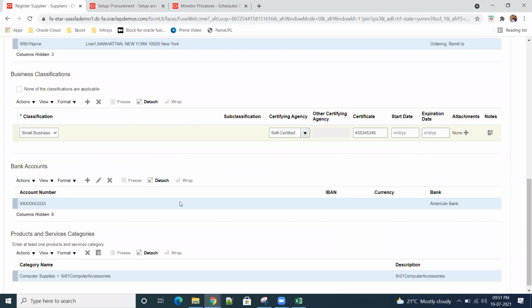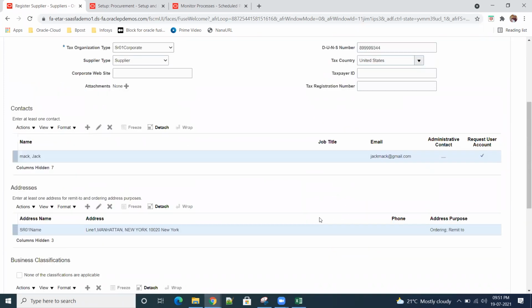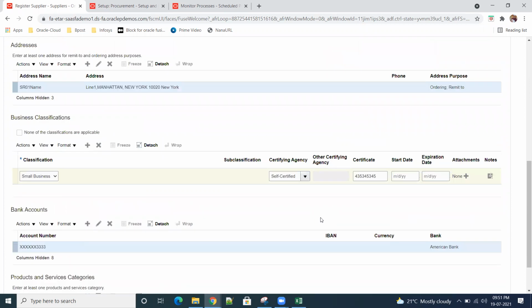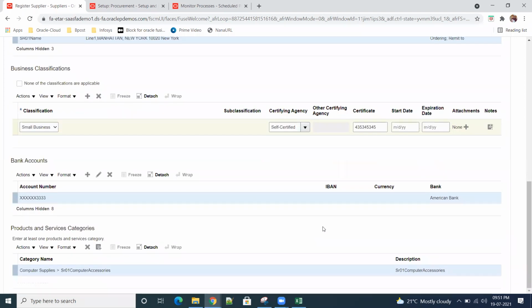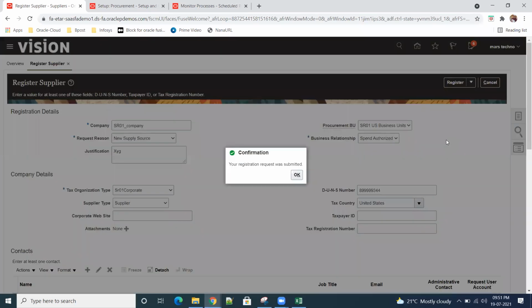So this particular category, this supplier will supply. That's all here: registration, contact, address, business classification, bank account, and products and services. Register, and the system will create the number. Your registration request was submitted.